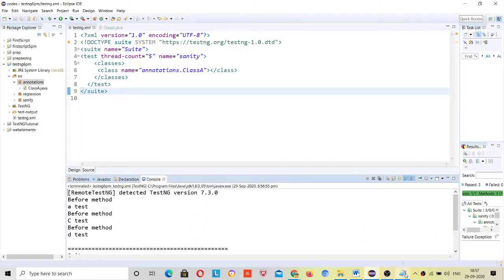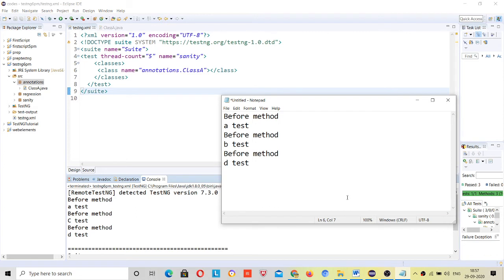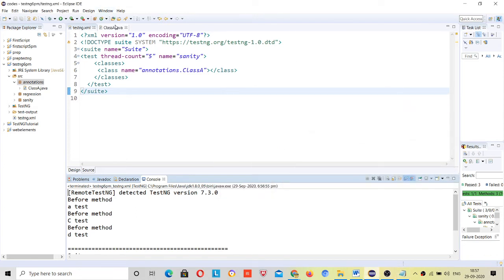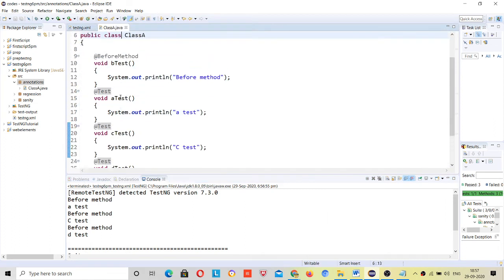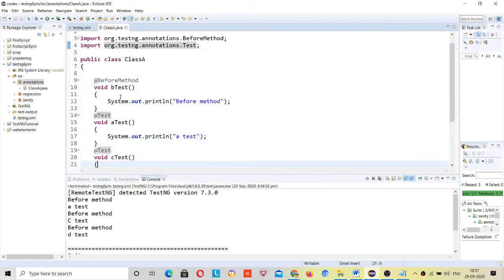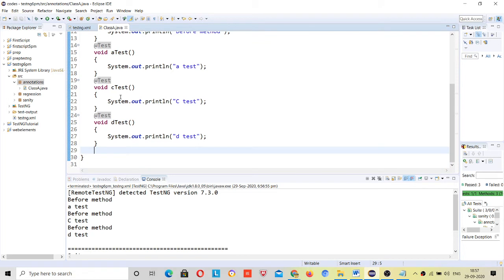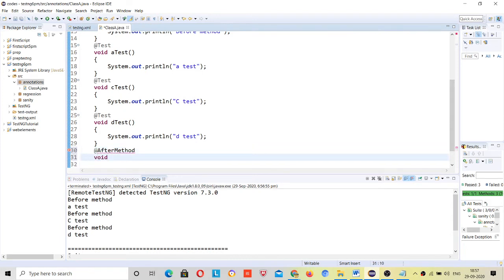See, I'll show the output. Before method A test, before method C test, before method D test. Okay. Now if I have any after method, import the package with control space and void after method.